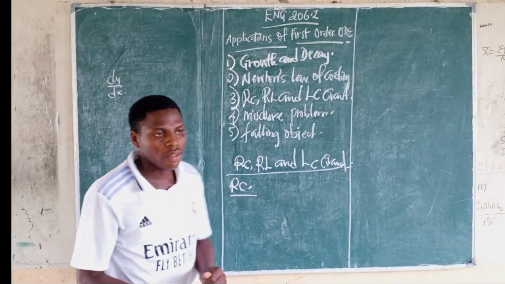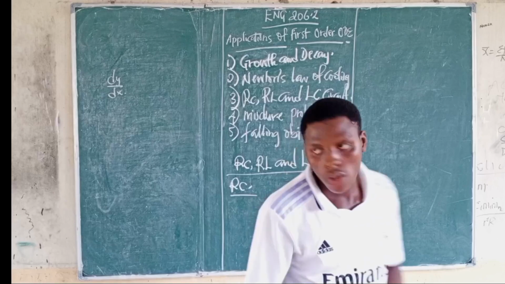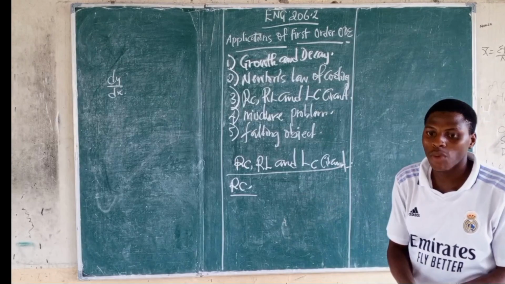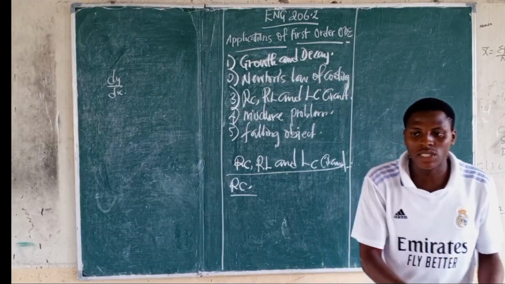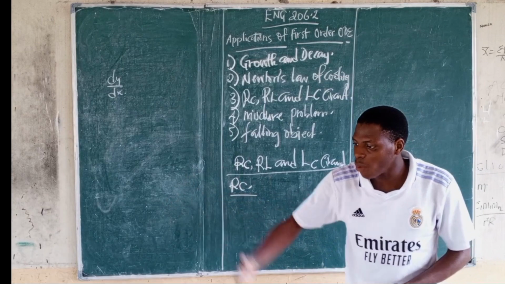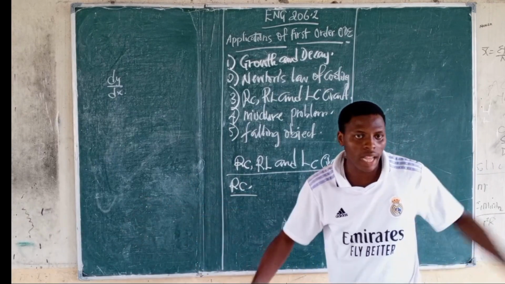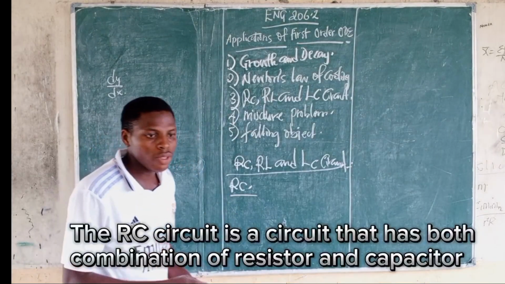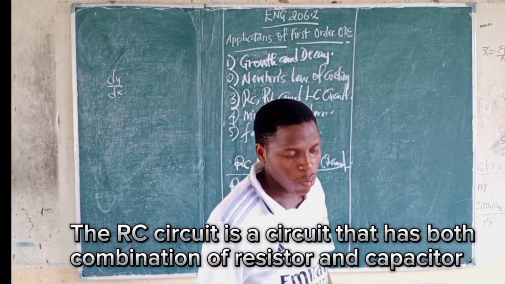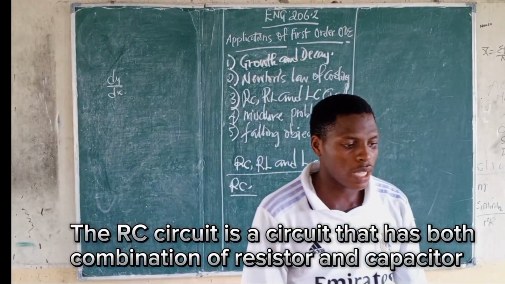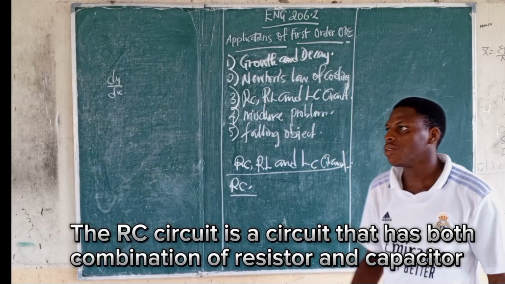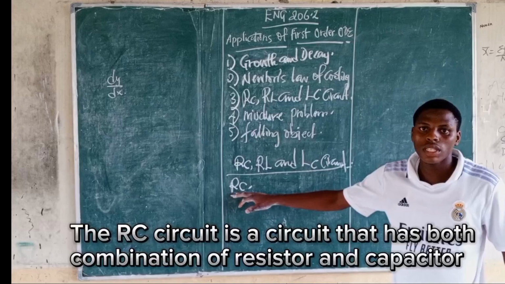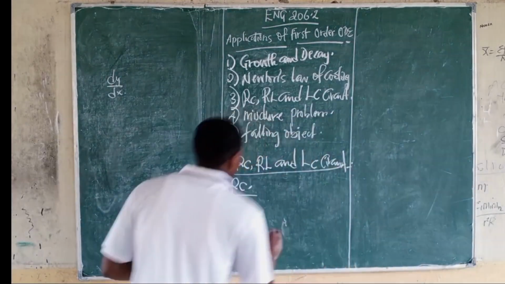Now for a circuit to be RC, it means that circuit has the combination of both resistors and capacitors. So you have the combination of one or two resistors with a capacitor. So for the RC circuit, take this down. The RC circuit is a circuit that has both combination of resistors and capacitor. The RC circuit is a circuit that consists of both resistors and capacitor. So if you have a circuit of this manner,